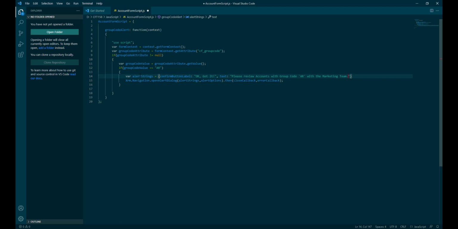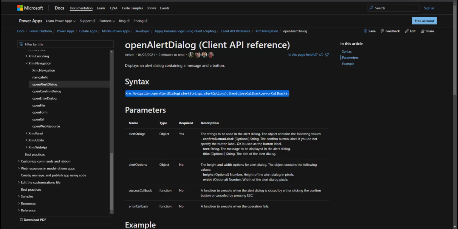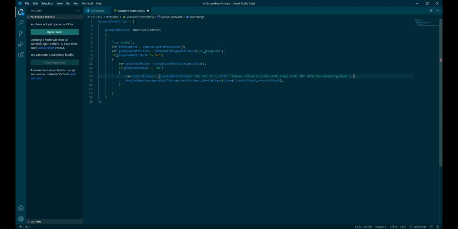And there is also a third property that is called title. It's optional, but I still enter it. Review this account. That's what the heading of the alert box would be.